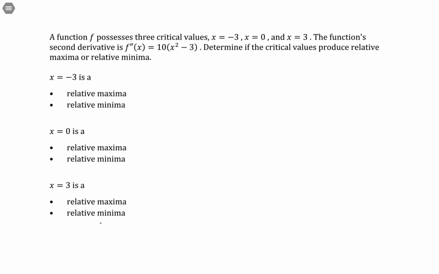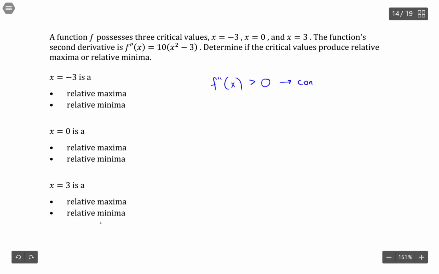Well, to determine this from the second derivative, what we can say is if the second derivative at a particular value is greater than 0, then what that means is we're on an interval that is concave up. And if we're concave up, it's like an upward facing parabola, then any critical number we come across would have to be a minimum. Likewise, if the second derivative is less than 0, then we're on an interval that is